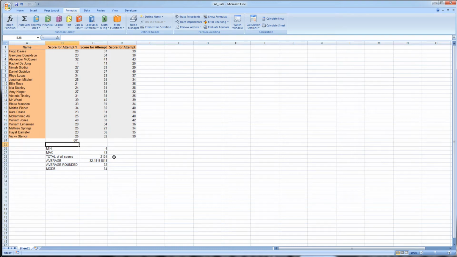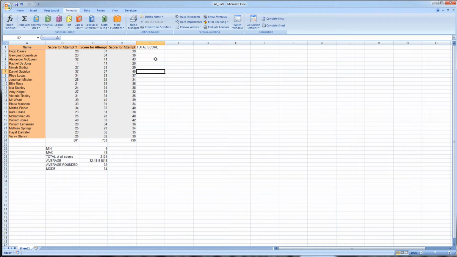Now what you could do is go and do that again. So I could click here, click on auto sum, and go to sum, and just keep doing that. Click on here, go to auto sum, go to sum, and that'll work fine. However, the thing is, if I do the same when I want to add these up, so if I just label this as total score,